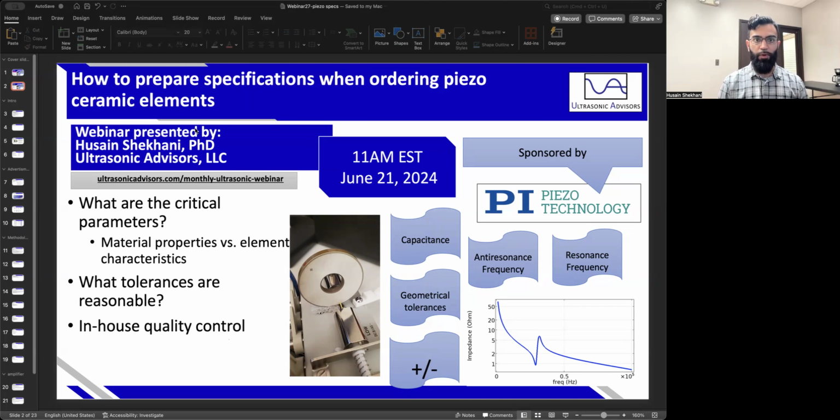Today I'm going to be talking about how to prepare or make specifications when ordering piezo ceramic elements, because we have certain requirements that we need in terms of performance and for our application. So I'm going to be discussing how you arrive at those properties. I'm not going to talk about how the properties are measured, but rather